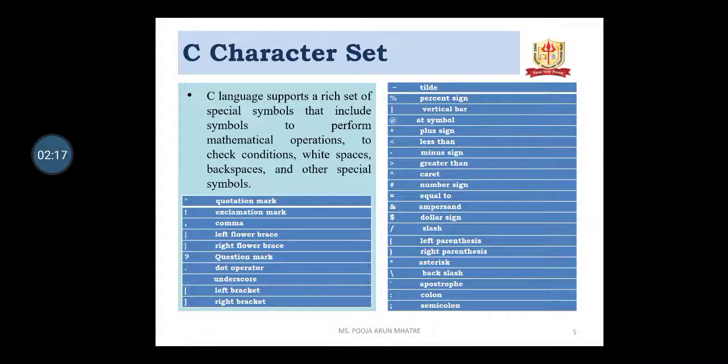Special symbols. The C language supports a rich set of special symbols that includes symbols to perform mathematical operations, to check conditions, white spaces, backspaces and other special symbols. The first one is a quotation mark, then exclamation mark, comma, left curly brace, right curly brace, question mark, dot operator,